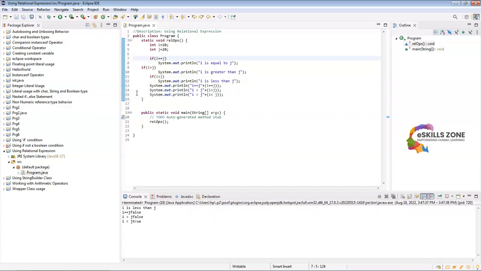So here you can see the output on the screen. "I is less than j" is the output because this condition is true, because the value of i is less than j. The value of i equal to j becomes false, i greater than j becomes false, and since this condition is true, the value of i, which is 10, is less than j, which is 20. So we can see the output "i is less than j", but at the same time we have